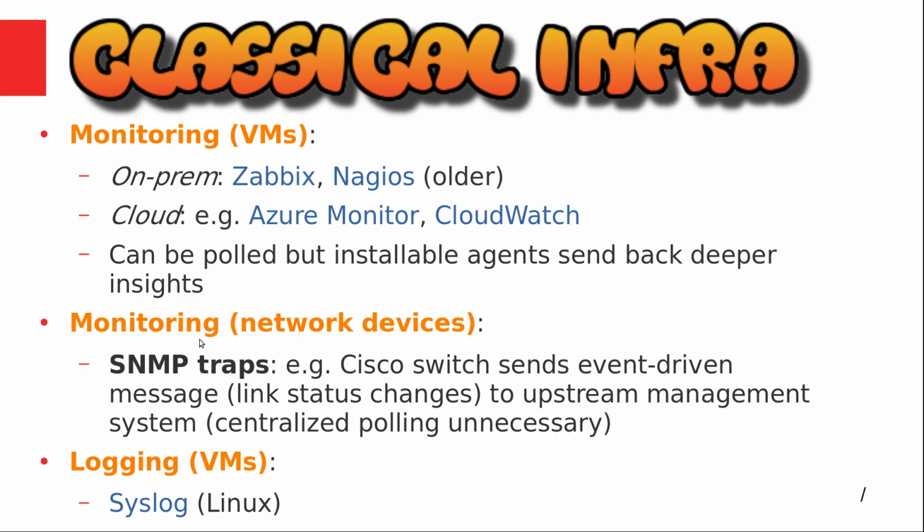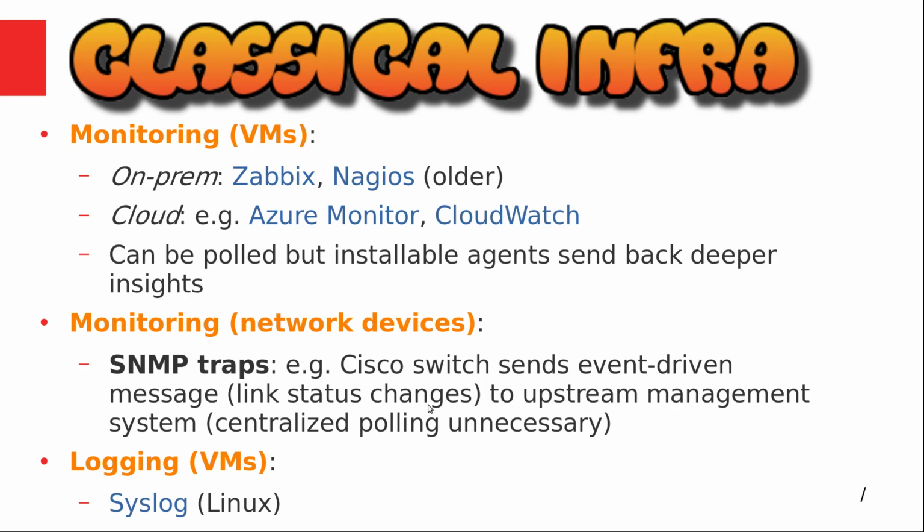Now, there is another type of monitoring that you'll see quite commonly in the classical infra way, and that is network and other devices. And one very common thing that you can have is something called an SNMP trap. So SNMP is a type of protocol, and I give you an example here. You can configure a Cisco switch to send this SNMP trap, which is basically an event-driven message. So for example, you can tell the switch that whenever the link status changes, the link goes up or down,